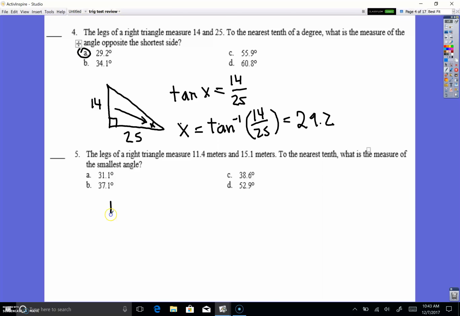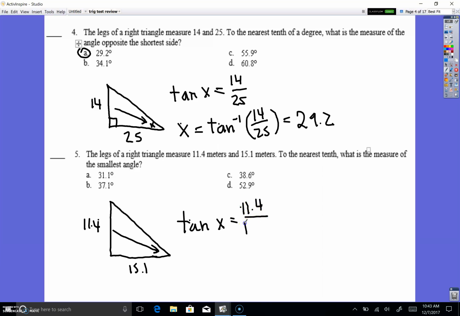The legs, okay? Same kind of problem. The words are different, okay? The legs are 11.4 and 15.1. What is the measure of the smallest angle? Remember, the smallest angle always is opposite the smallest side. Okay, so this is opposite, okay? So we're doing the same thing. Tangent of x is equal to